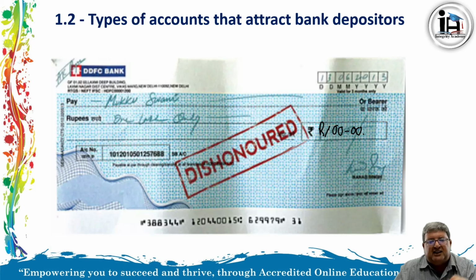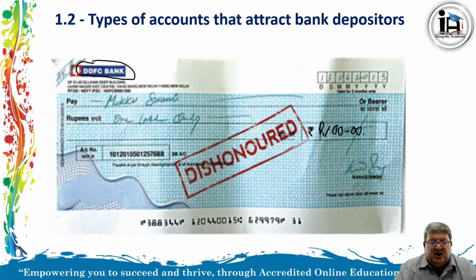Now I take the check, I put it in my bank account. My bank goes to your bank, let's say in this case the DFFC bank, and my bank tells your bank, okay, this is a check for 100 rand. Please give us the money that we deposit in our client's account. Here's the check as proof that your client has written the promise to pay. Now normally that bank will then check, okay, there's 100 rand. They will transfer the 100 rand to my bank, which will put it in my account. They will take the check and then take the 100 rand out of your bank account.